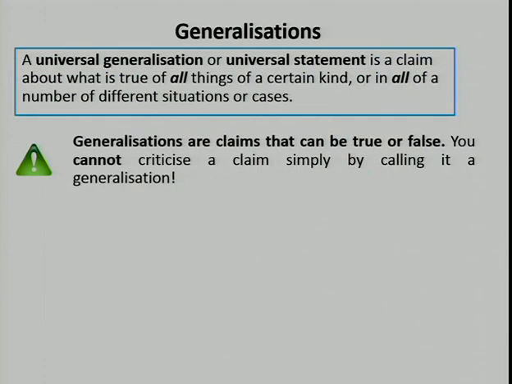So, the general statement of generalizations. Claims about all things of a certain kind, all members of a given group, all kinds of situations or cases, and they're claims. So if you remember, the definition of a claim is something that can be true or false, and obviously evaluating them will depend on exactly that. Another point why I put this there is that you can't criticize a generalization just because it's a generalization, right? Not all generalizations are just per se bad. So actually something more is needed here.